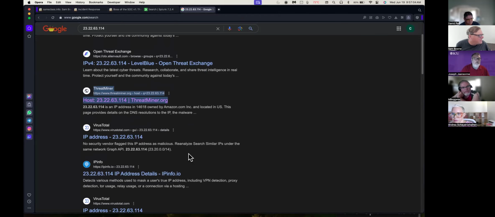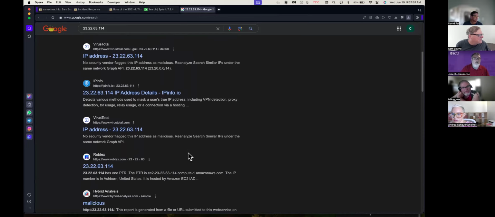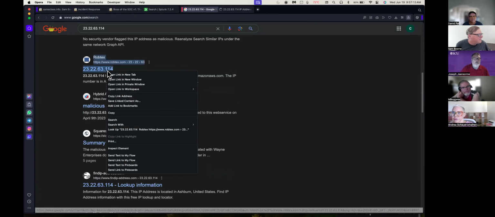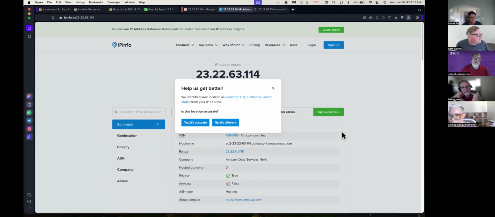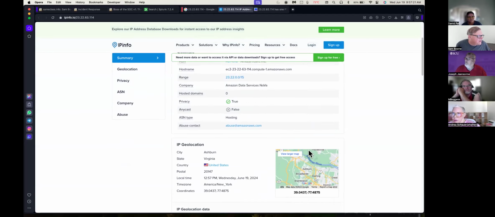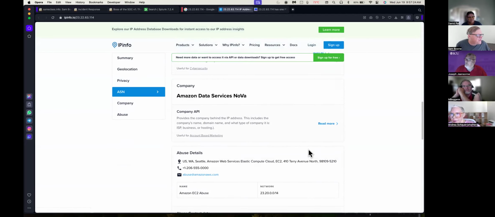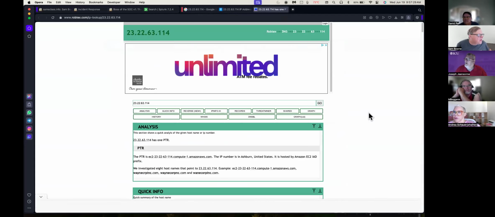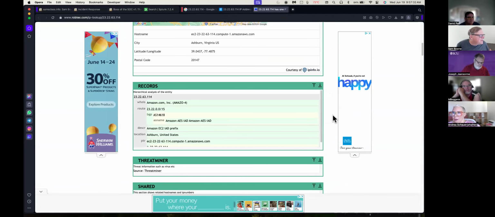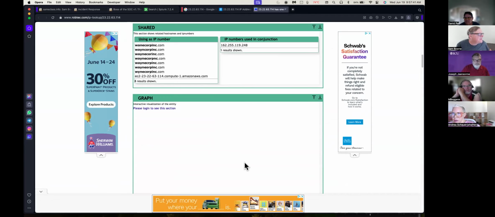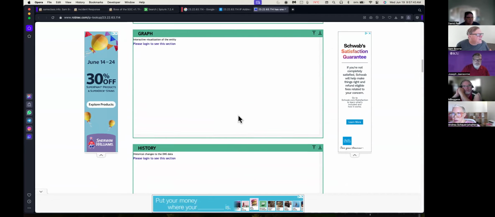Let's see if RobTex is better. IP info might be interesting, and RobTex might be interesting. Okay, here we are. So it's an Amazon server, and there's where it is geolocated, but I would like the history of it. Some of these will give me previous domains that have been hosted there. There's Threat Miner, and here you go. It previously was Wayne Corp Inc. Here's some previous ones using it, but it only showed me 8 results, and there are others, so I have